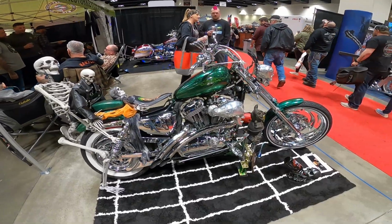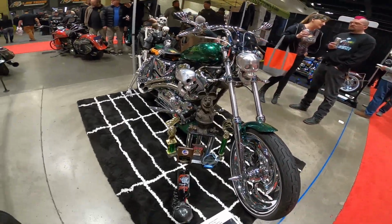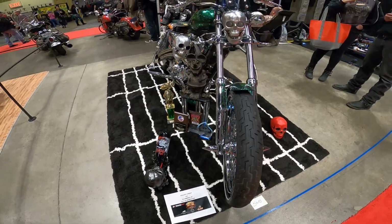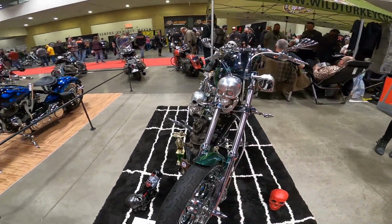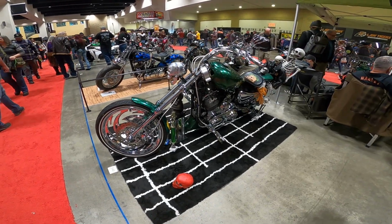Very well done. Now here's the showstopper bike of the day. This is a 2013 XL Sportster, a 1200. Now this is a horror bike, I would call it, and personally I love horror. We all have a dark side. I tend to embrace mine,